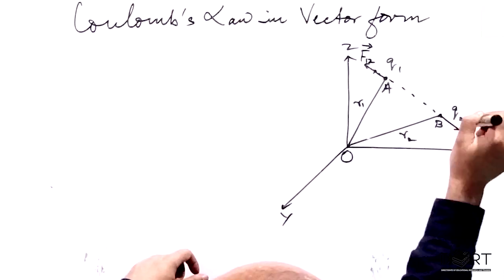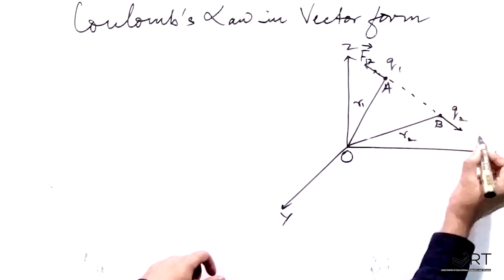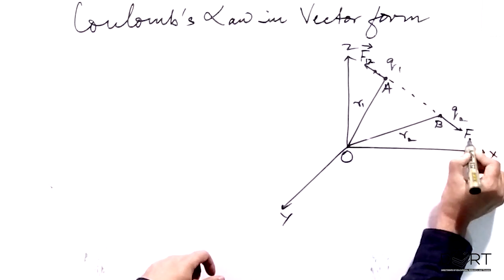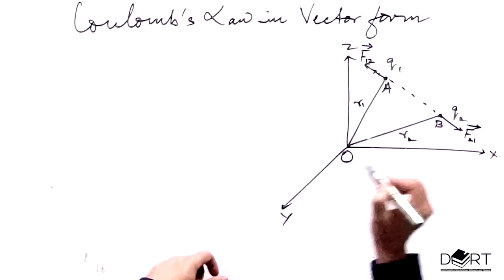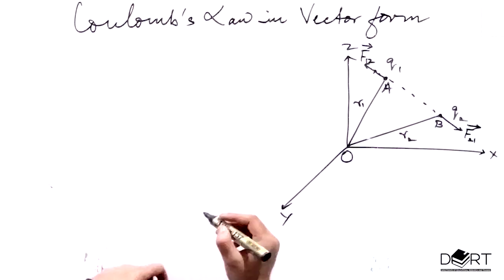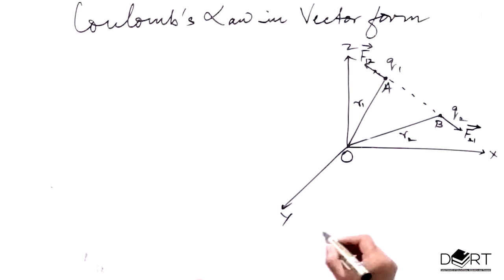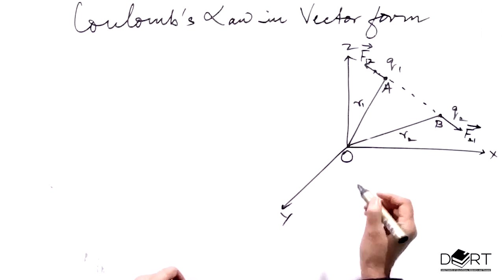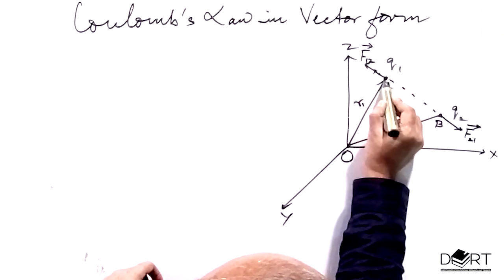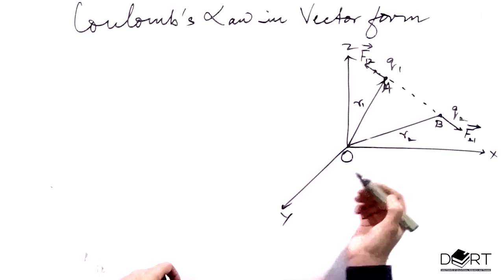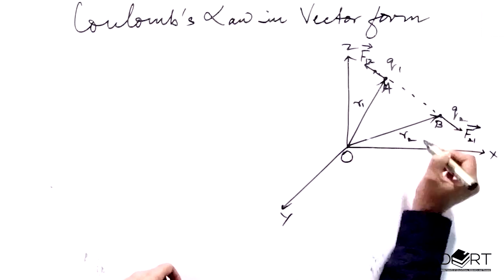And the force acting on charge Q2 because of charge Q1, we call that F21. Now, earlier in class 11 you learnt vectors, and this is our vector OA, this is our vector OB,